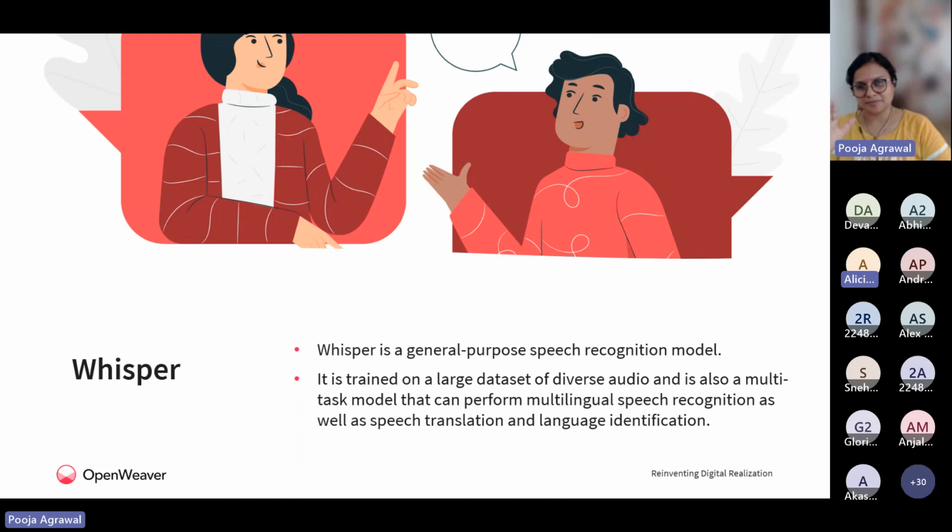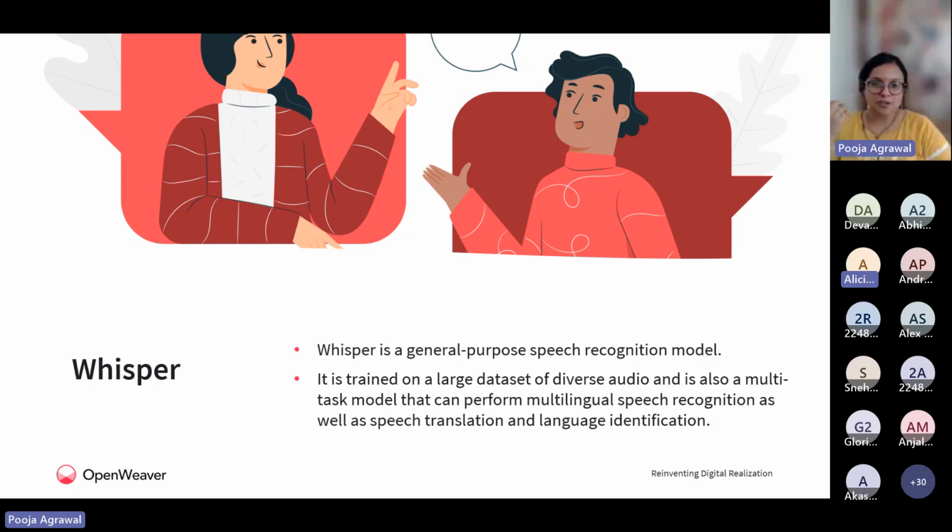Then coming to the first module, which is Whisper. This is again an OpenAI module, or let's say a generation model, where the general speech that you are speaking through your microphone is being captured.